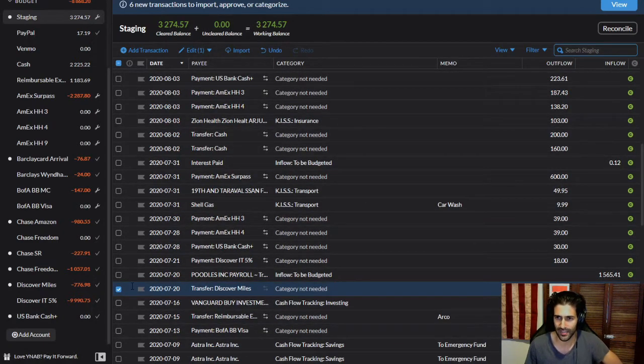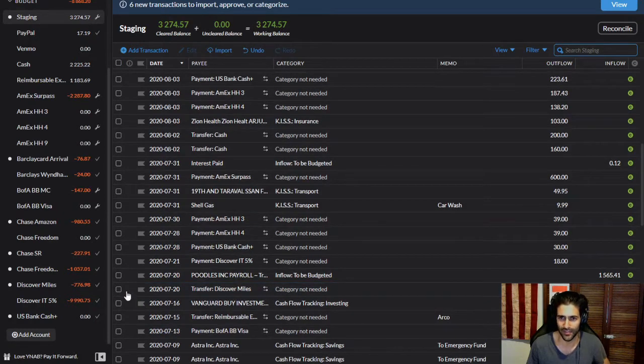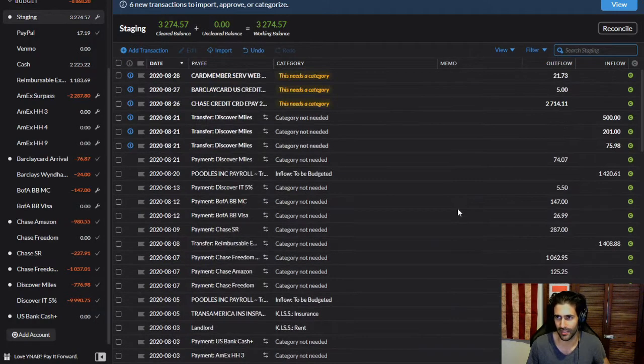I made this transaction as a transfer, and then YNAB was like, "Oh, that means that every check deposited into the staging account is going to be transferred to the Discover Miles." So no, that's not true, and I know that it's meant to be a feature, but it's not a feature. It's a detriment to YNAB as a product. So we're going to have to just manually